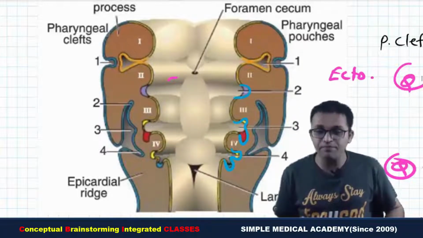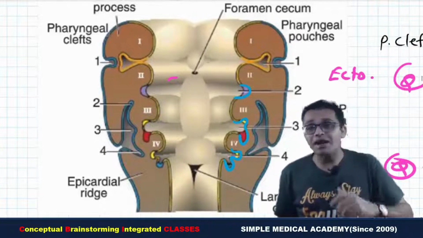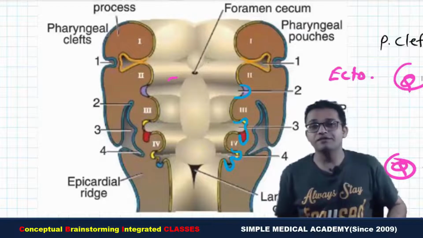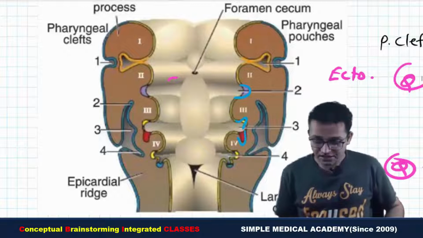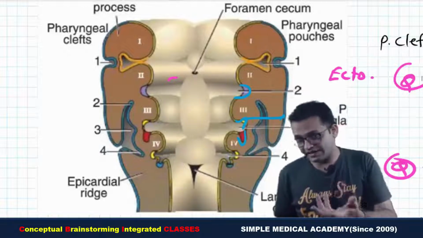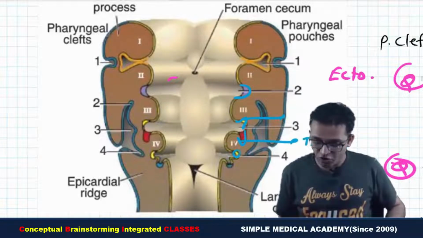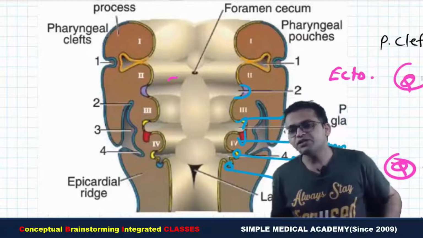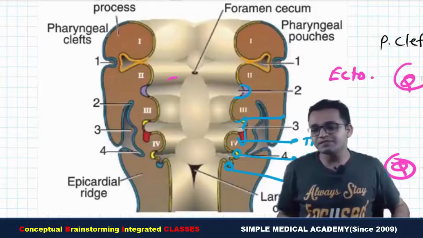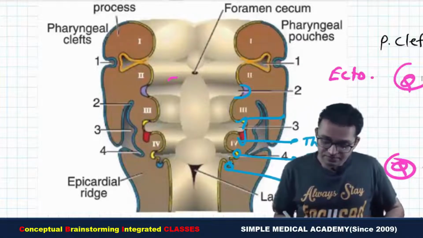While can you see this is the second pouch? Later we will see it will form a structure inside the oral cavity, that is the palatine tonsil, inner lining only. While this is the third pouch which is giving rise to the dorsal part and the ventral part. The dorsal part forms the parathyroid 3, while the ventral part forms the thymus. We will see one by one. And this is the dorsal part and the ventral part of the fourth pouch. The dorsal part will form the parathyroid 4, while the ventral part disappears, or a few authors say that it participates in the formation of the lateral thyroid. Okay, so these are the facts, but are you getting?